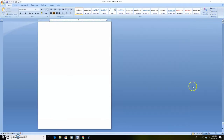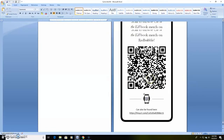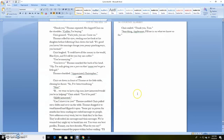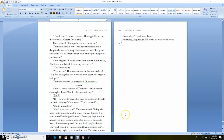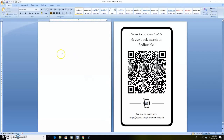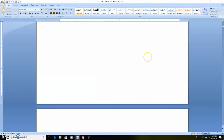So the next thing for us to take care of is this. So the app that I used for this, or the software, I suppose, although first I should check this. One blank page to put that on. This would be an odd page? Yeah, okay, so that's an even page. I don't know why it's an even page. I guess just because that's how it ended up, but...